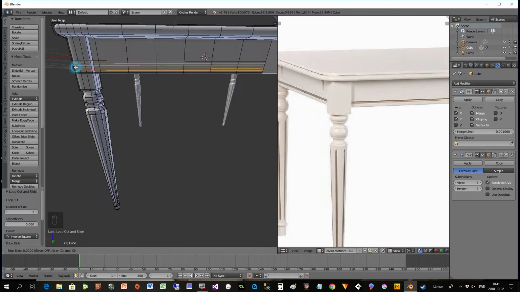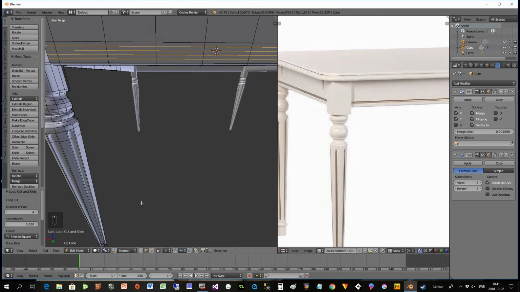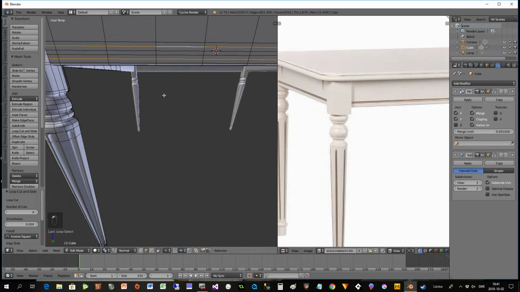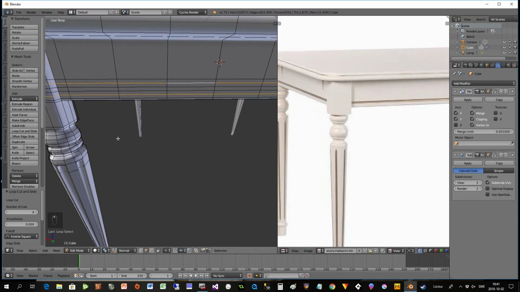So I press 4 and I can now select, holding down Alt, the edges here, and I will select that line here and that line here. So I select those two lines, and now I can just press S and Z to scale them,